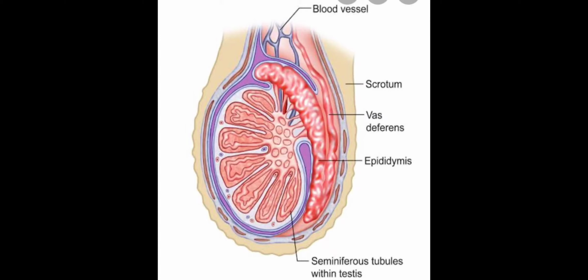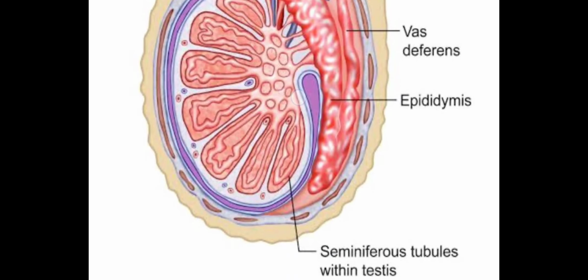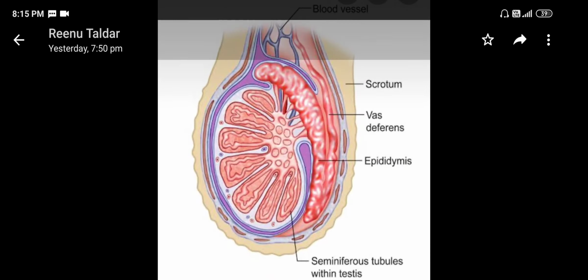In today's session, we are going to learn about the internal structure of the primary sex organ in male, that is testes. Every testis is covered with a dense covering, and it bears compartments, 250 in number, which are called testicular lobules, and each lobule has 2 to 3 seminiferous tubules. In the seminiferous tubules, sperm formation occurs.